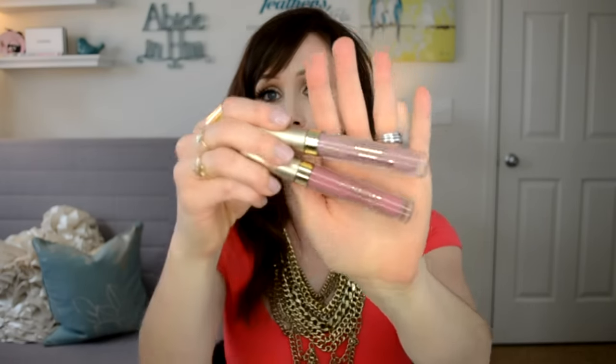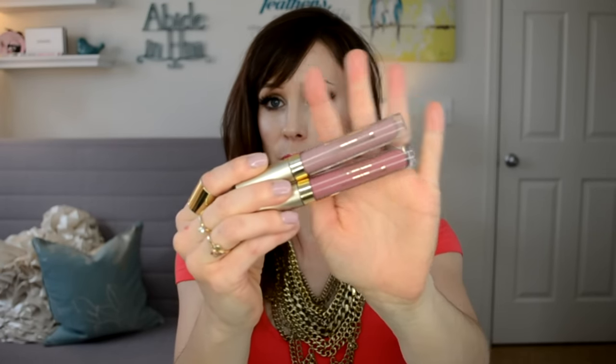Or if I'm already starting out at that point where my lips are not really feeling a liquid lipstick, I'll just automatically start with a gloss. Or I'll put a balm, then this over, and then a gloss. So these are Baci, the lighter shade, and this is Patina, which is the darker one, like a dusty rose. Now, I am filming with my old camera today, so now I'm thinking that the lighting's a little off. But anyways,